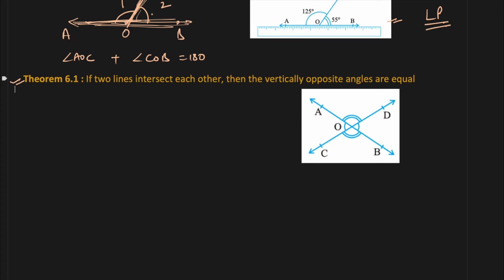how we prove a theorem, a very important step. Whenever a theorem comes, read the statement carefully and see what is given in this and what you have to prove. That is more important. So whenever the theorem comes and you start solving it, first you have to draw the figure. Two lines are intersecting, draw 2 lines intersecting at a common point O. So what is given to you, that AB and CD are the 2 lines